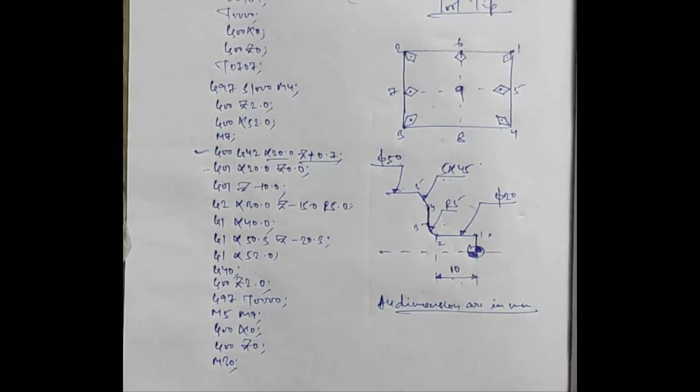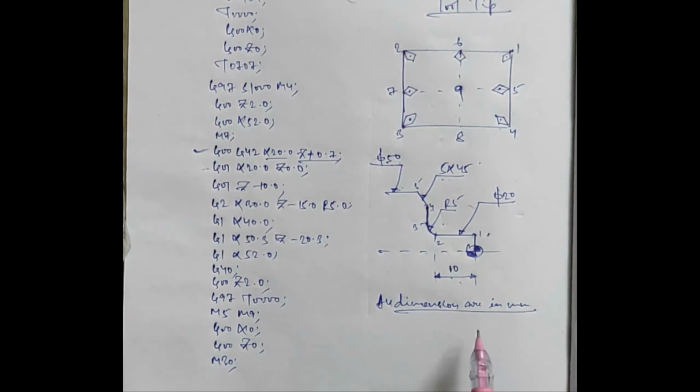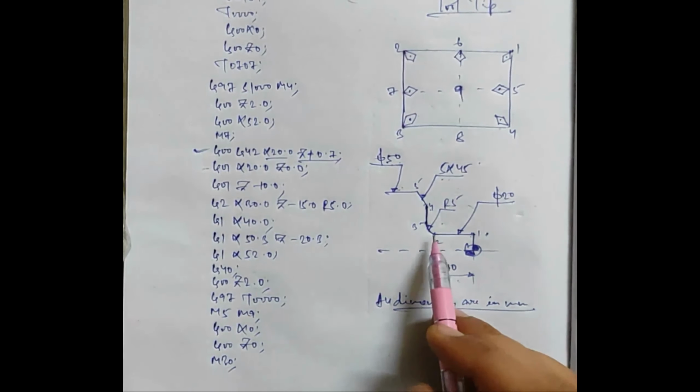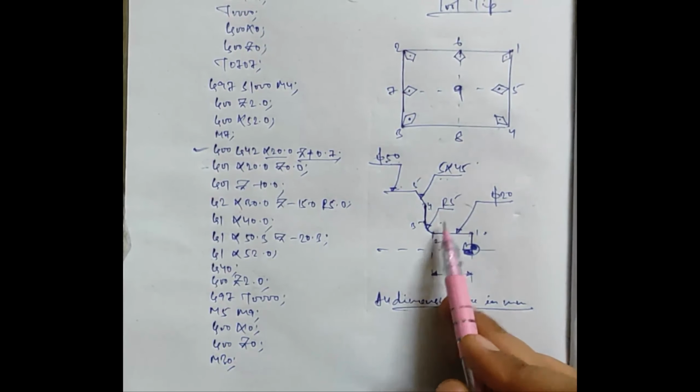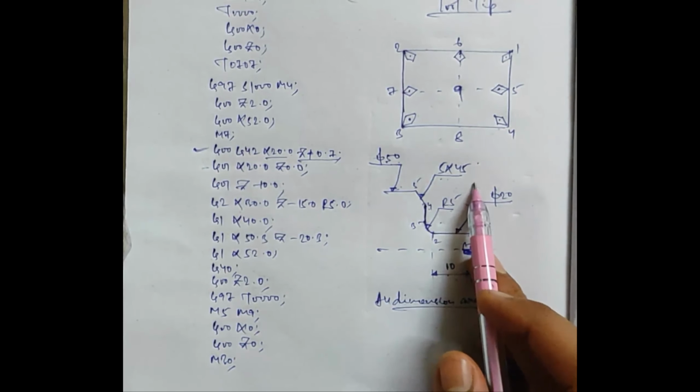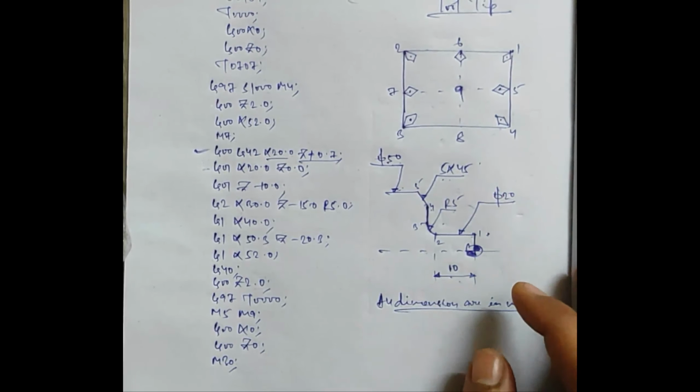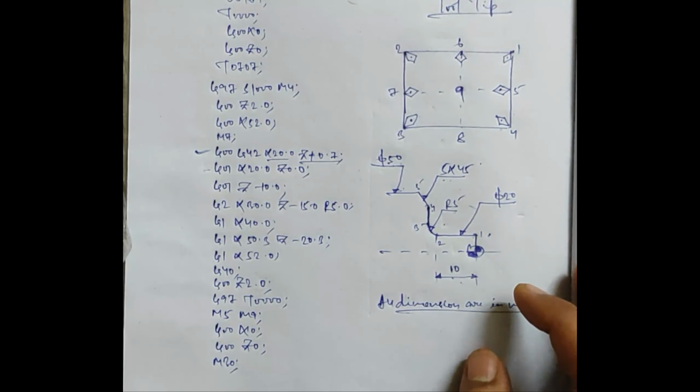So what is the reason behind using tool nose radius compensation? To get the actual fillet or chamfer. Okay, to get the actual fillet of radius 5 and chamfer 5 by 45, we have to use tool nose radius compensation. Okay, so